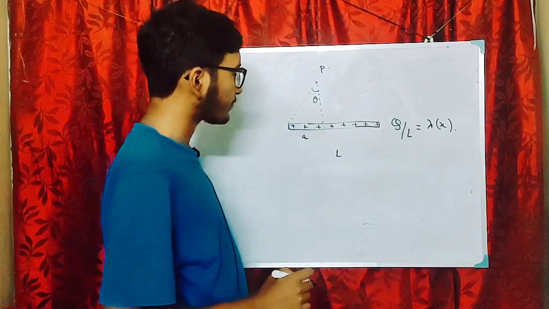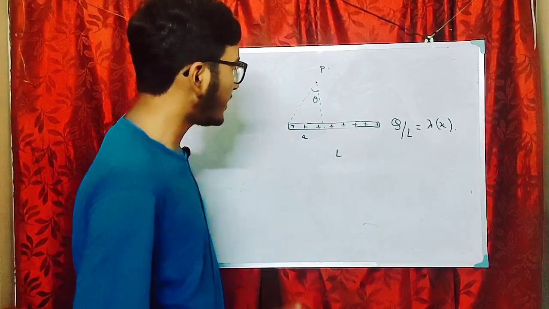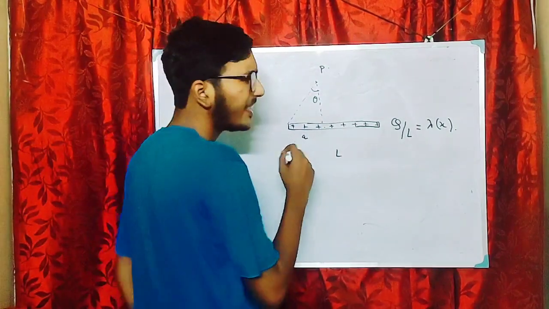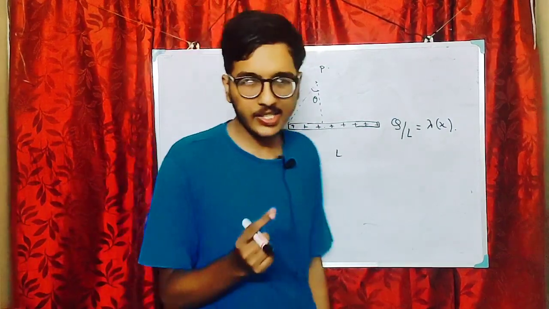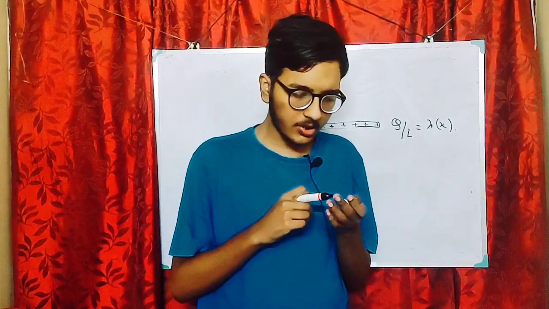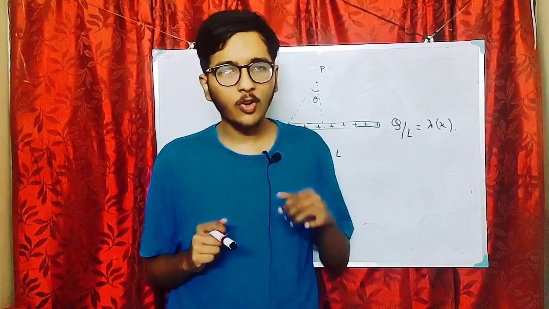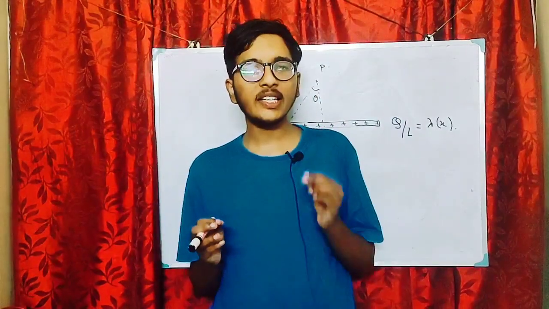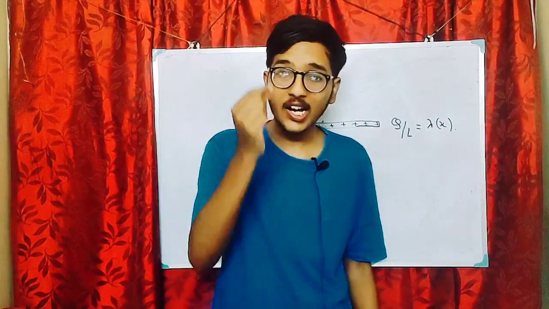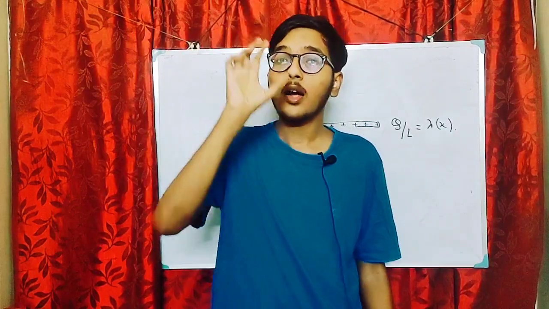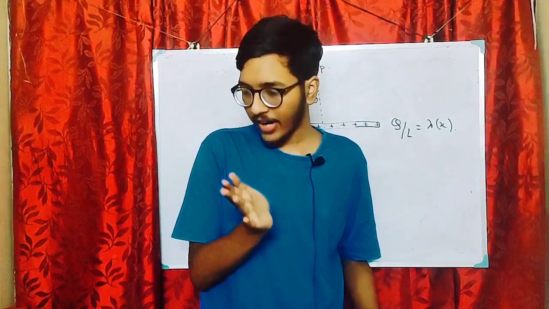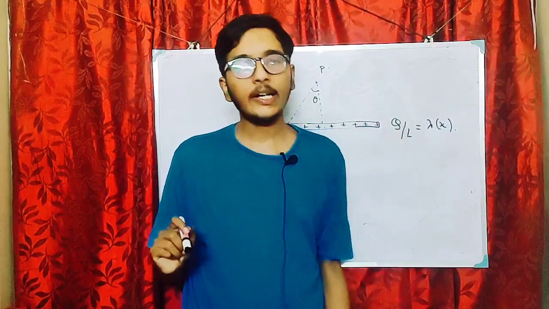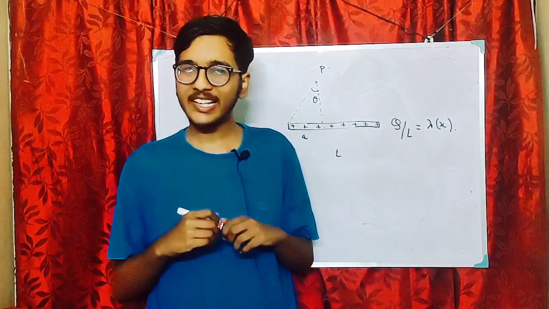Okay, so what we do in this type of problems is that we take a small element dx, we calculate the charge on that. We know the Coulomb's law for a point charge, right? So we actually calculate the electric field of that point charge of dx to P and then find out the x component and the y component, and then root under Ex square plus Ey square gives us the value.